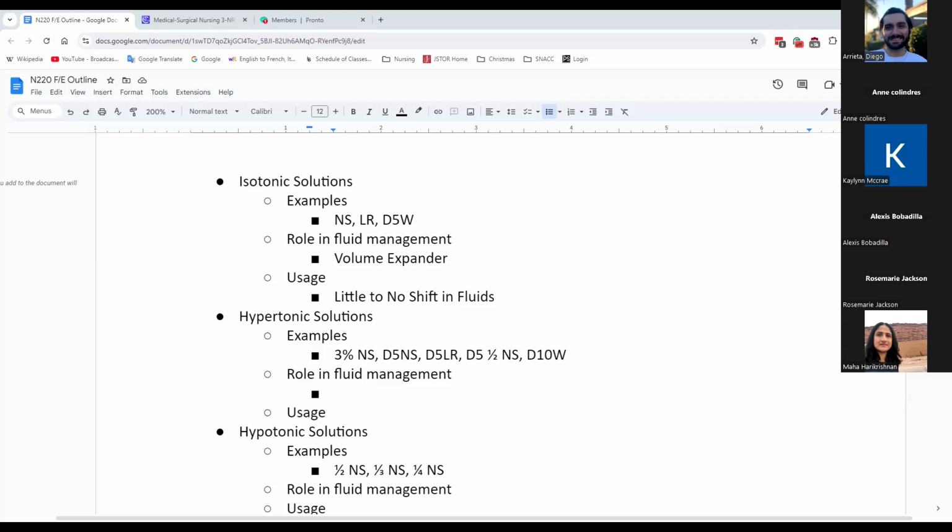Yes. So hypertonic. Severe hyponatremia for a 3% NS, definitely could be used for that. For heart failure, I would definitely not want to give someone with heart failure hypertonic solution, because remember, hypertonic is lots and lots of solutes. And where's all the fluid gonna go? All the fluid's gonna go into your intravascular,